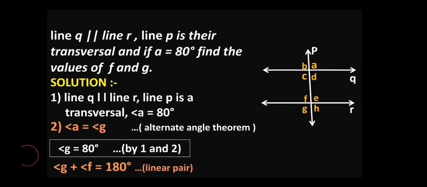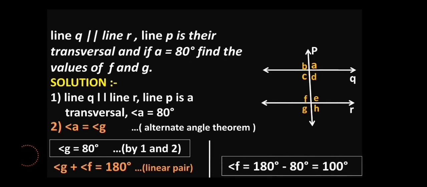And now see, check out the relation that we found for angle G and angle F. As I know angle G is equal to 80 degree, that means I can find the value of angle F also now. Angle F is 180 minus 80, you have to do simple maths again, okay? And that gives us the answer 100 degree after the subtraction. And don't forget to write the final answer.